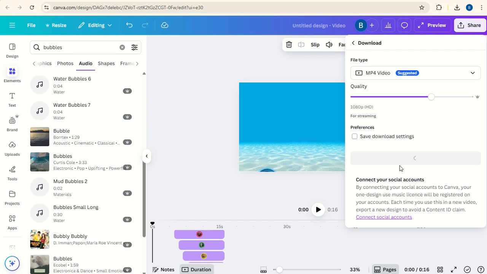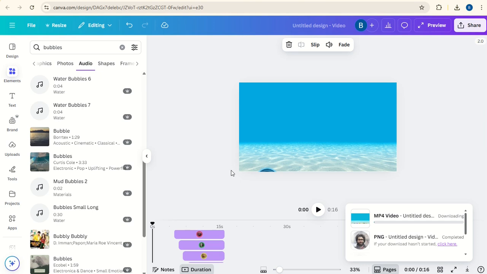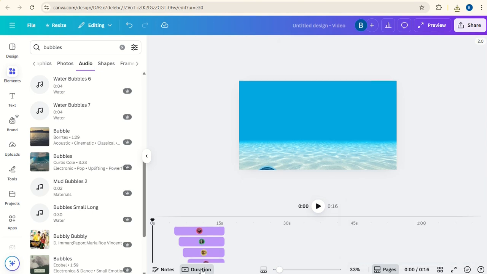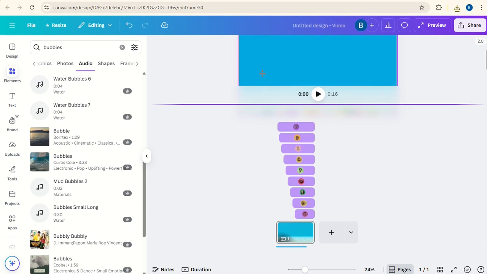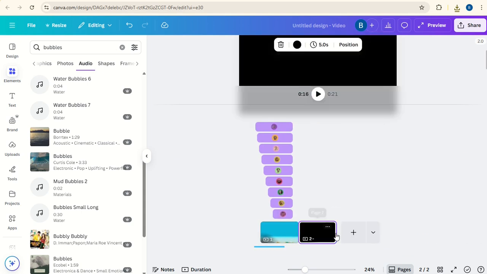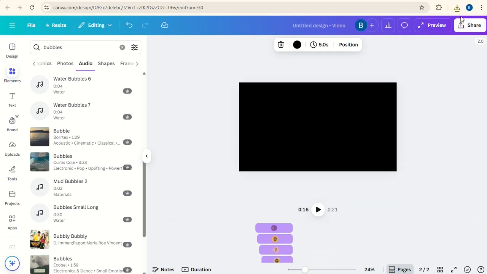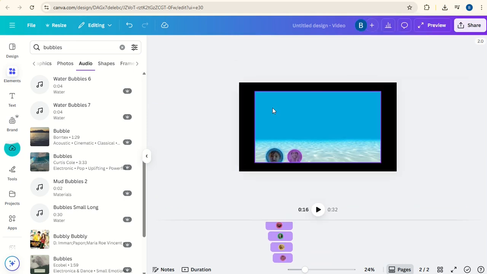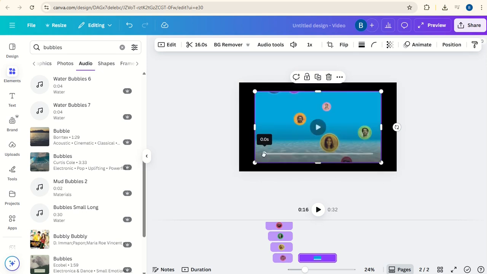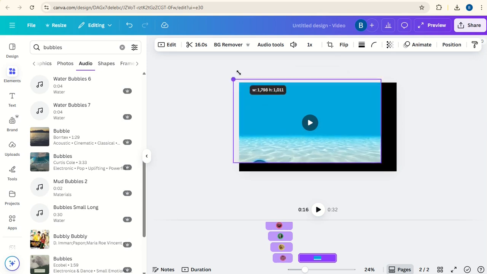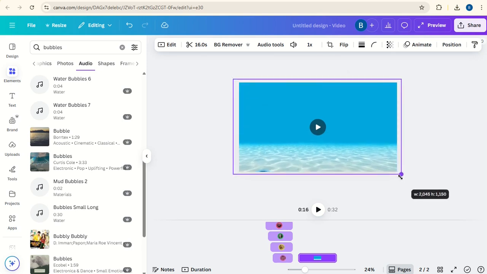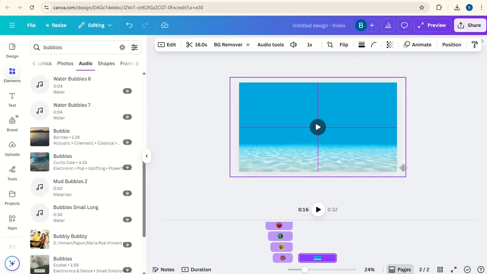And once this is downloaded, I'll show you how to get rid of the bubbles at the bottom of the screen here at the beginning. So click on duration here so we can go back to pages like this. We'll click on a new page and we'll upload the video that we've just created. Now click on the video and take it all the way back to the beginning so that you can see that the bubbles are just down the bottom here. Now we'll resize it so that we cut the bubbles' initial position off the video. Click on it and crop them in at the sides,